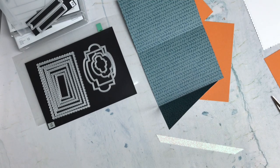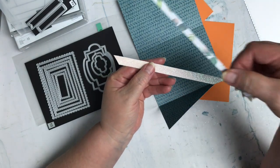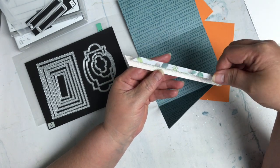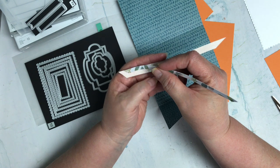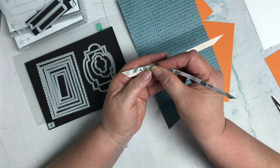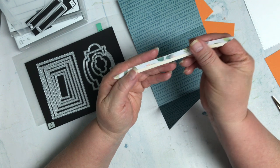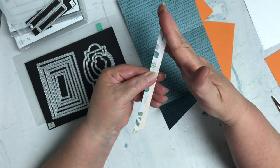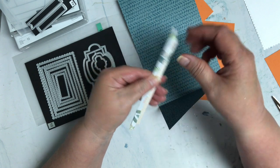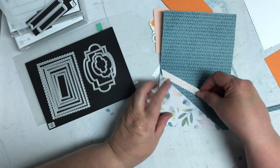Okay, so I wanted to show you what I ended up doing with this. That little piece that I had cut off from before, I just used it as my template. And I laid it down on that strip of glitter paper right at the edges, and then I had that extra hanging off of both sides, and I just snipped it on both sides. So now when I put this in my card,